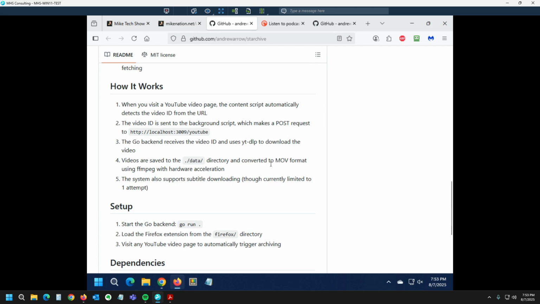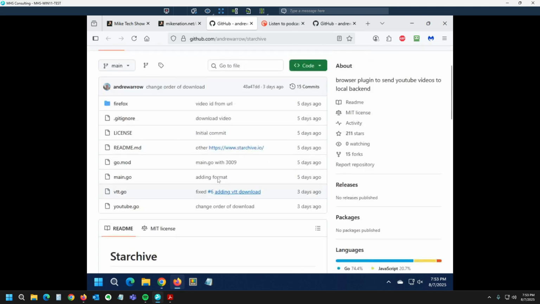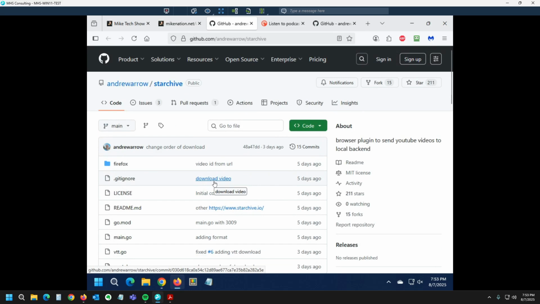Videos and directory are converted to a MOV format using FFmpeg with hardware acceleration. It sounds complicated, but I have not tried it. I stumbled on this, and I am going to try it out after I redo my system. It's actually something I want to do first on the test system and then apply it to my main